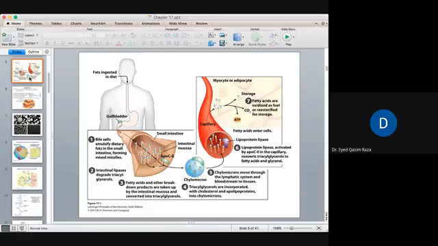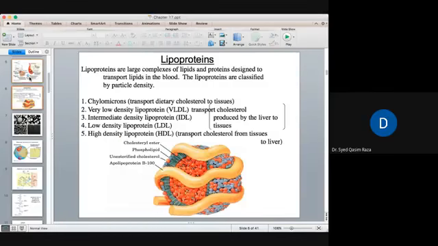फिर हमने ये भी पढ़ा कि लिपोप्रोटीन्स की डिफरेंट टाइप्स हैं, वेरी लो डेंसिटी लिपोप्रोटीन्स हैं या इंटरमीडिएट डेंसिटी लिपोप्रोटीन्स हैं या लो डेंसिटी लिपोप्रोटीन्स और हाई डेंसिटी लिपोप्रोटीन्स। इट्स ऑल डिपेंड दैट फ्रॉम वेयर दे आर गोइंग टू बी ट्रांसपोर्टेड एंड वेयर दे आर गोइंग टू बी स्टोर्ड।